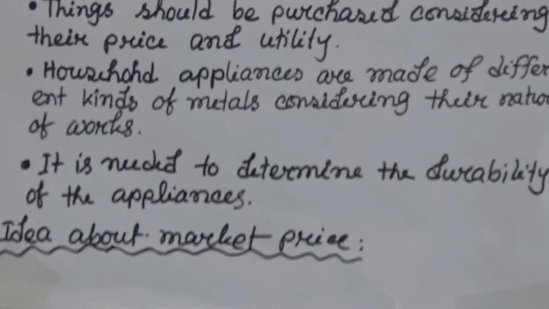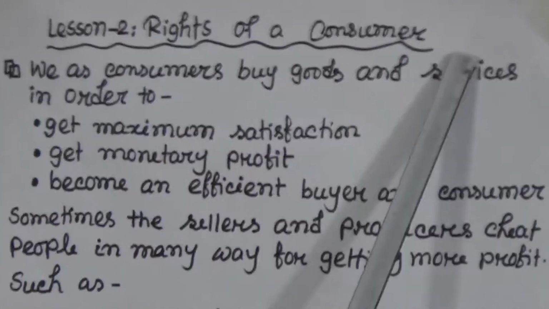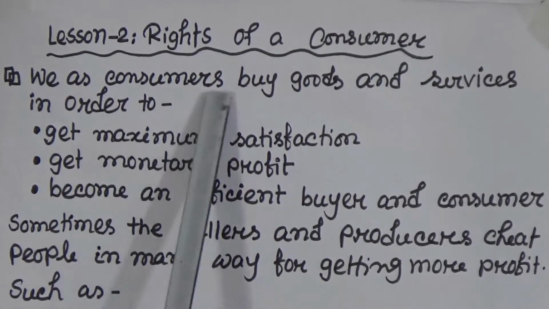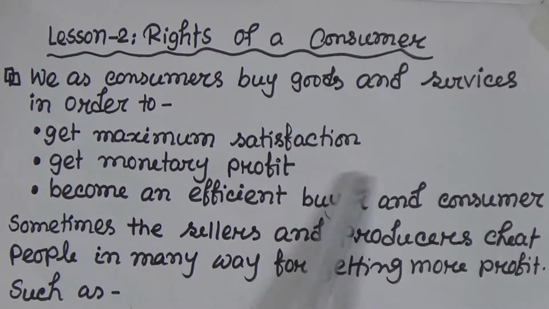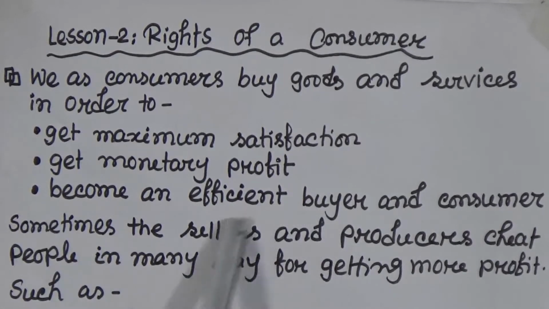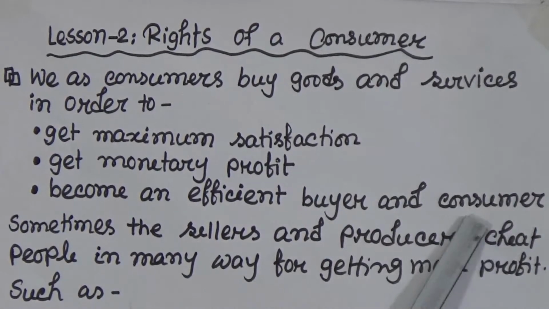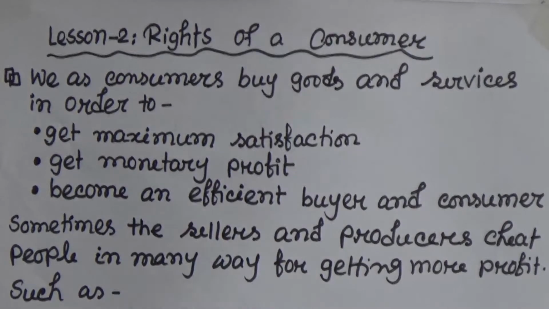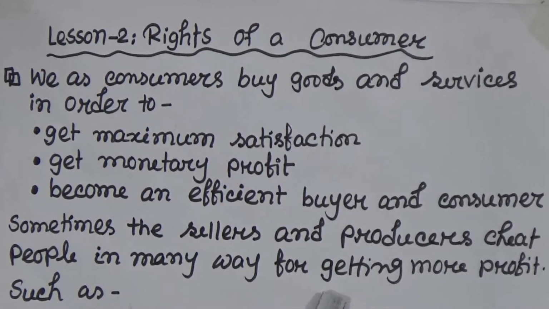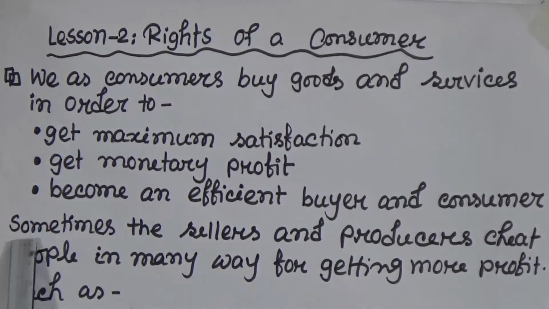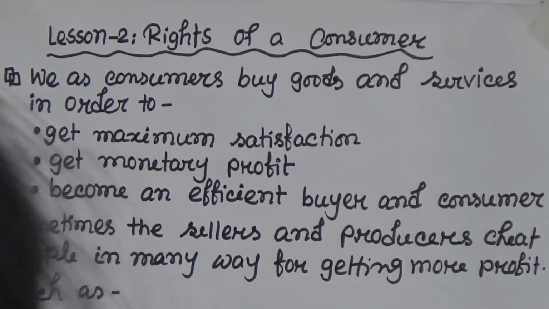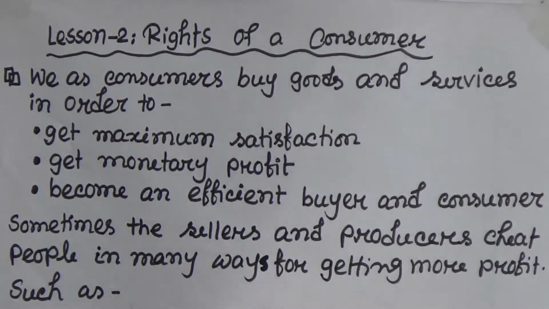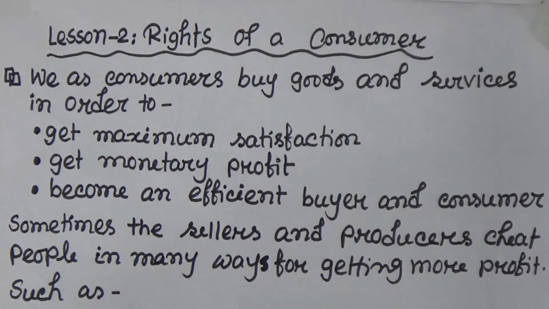Now lesson 2, rights of a consumer. We as consumers buy goods and services in order to get maximum satisfaction, get monetary profit, and become an efficient buyer and consumer. That means why people buy different types of goods and services. Sometimes we sellers and producers cheat people in many ways for getting more profit, such as